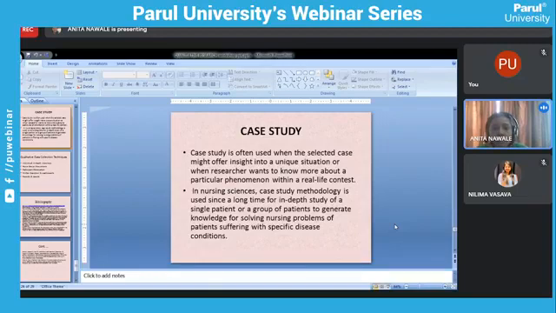When we do the quantitative type of study where we have numbers, we count how many patients are suffering from the same kind of disease, how many patients are showing the same kind of signs and symptoms, how many patients have received the similar kind of treatment, etc. But in case study, it is an in-depth study of that particular case, which will start from the beginning of that disease condition in that particular person. You'll interview that patient, you will interview the family members, and you will collect the in-depth information about the disease condition, how the progress has occurred in that particular patient. So that whole thing comes as a picture in narration form. So that is called a case study.